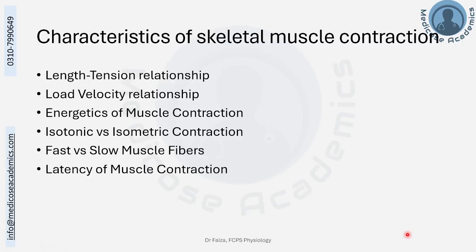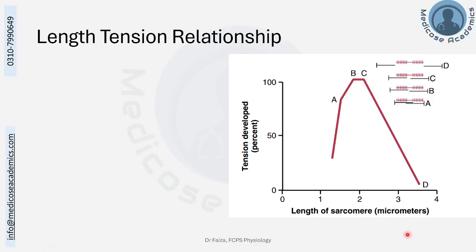the length tension relationship, load velocity relationship, energetics, isotonic versus isometric contraction, types of muscle fibers, and the concept of the latency of the muscle contraction. We will begin with the discussion of the length tension relationship, an important aspect of the characteristic of skeletal muscle